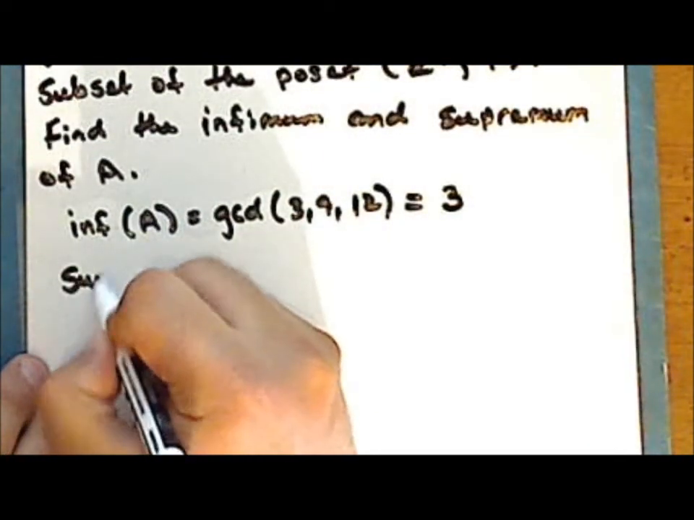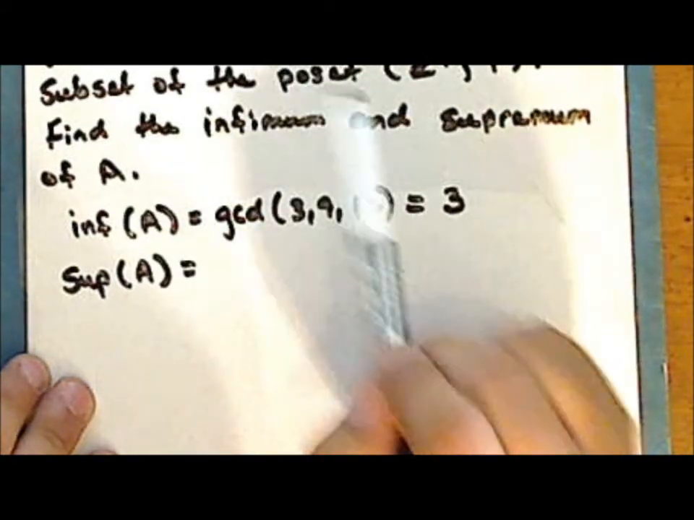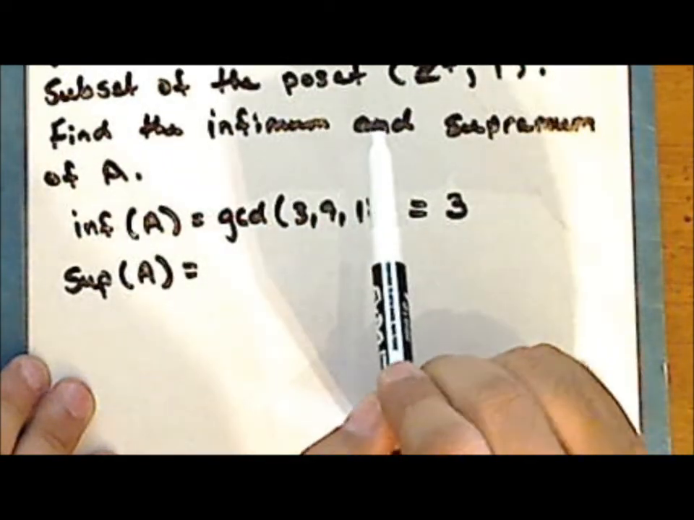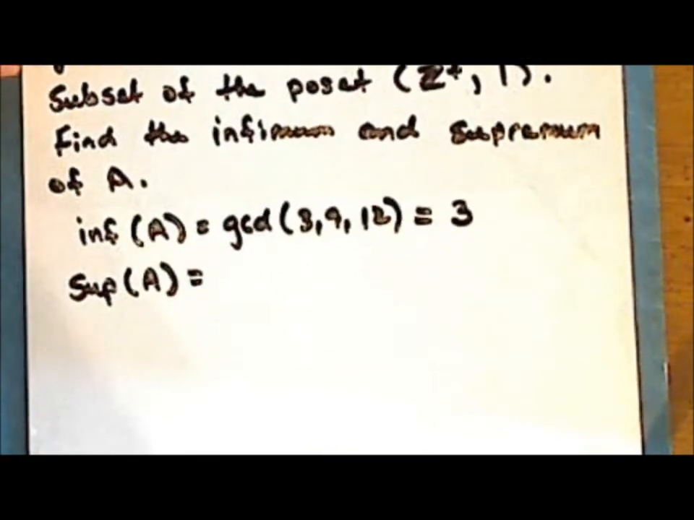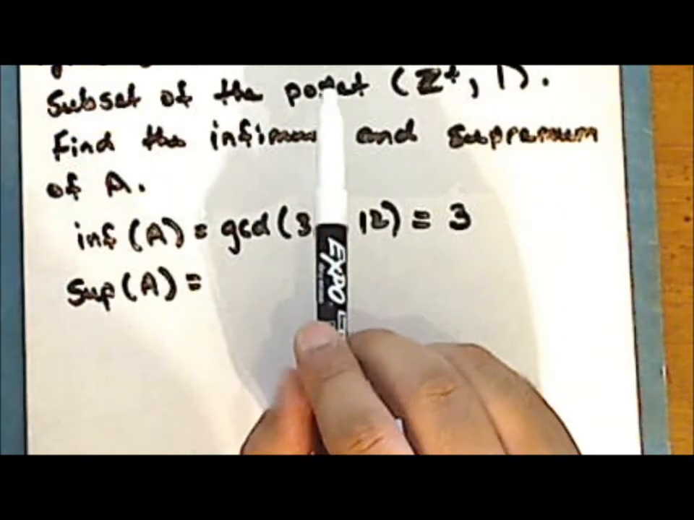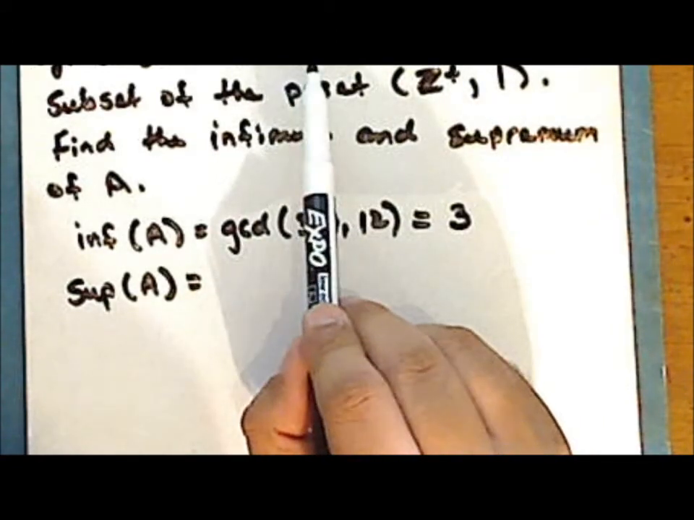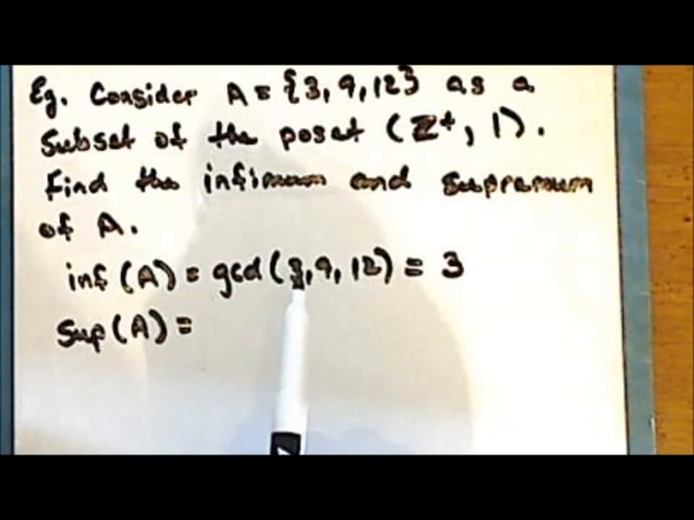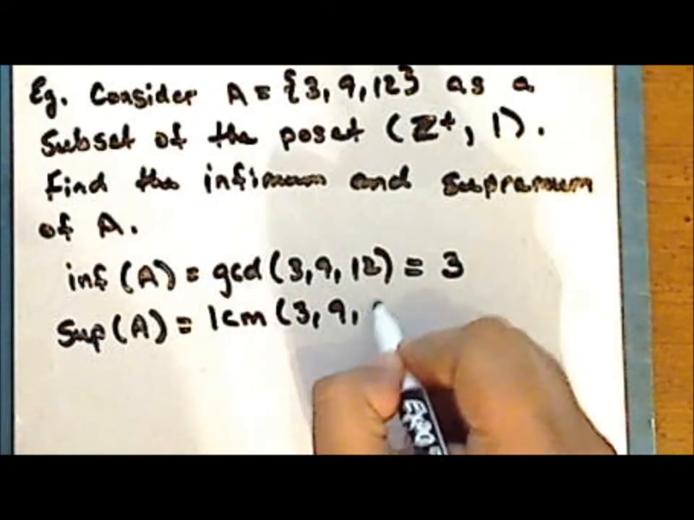Now the supremum of the subset A is the smallest upper bound of the subset A. And so again, we're dealing with positive integers and the relation divides. So we are looking for the smallest multiple of 3, 9, and 12, because we're looking for the smallest positive integer for which it is true that 3, 9, and 12 divide this upper bound. And so we are looking for the least common multiple of 3, 9, and 12,